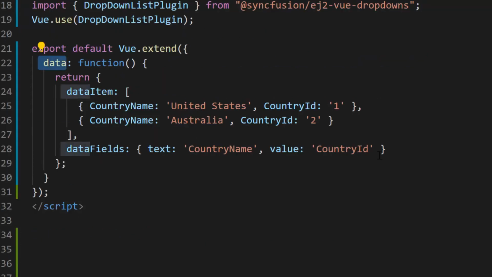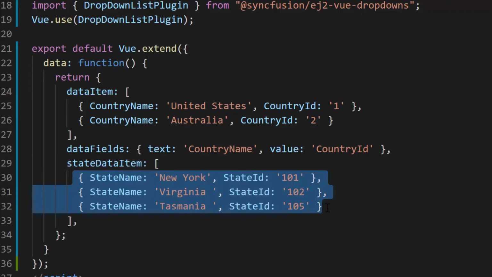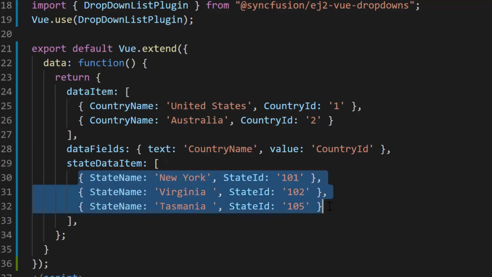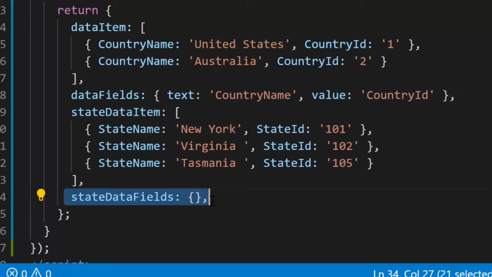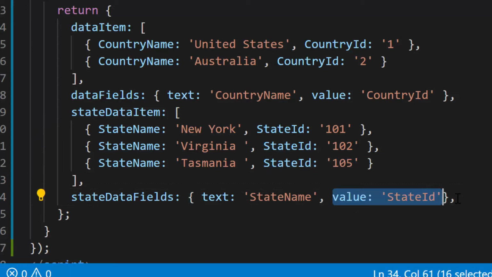Therefore, within the data function, let me define a variable state data item and assign JSON data source, which contains an array of objects with two fields, namely state name and state ID. For this data source, the appropriate data source field should be mapped to the fields property of the drop-down list component. So, I need to define a variable state data fields and map these data source fields state name to text property and state ID to value property.